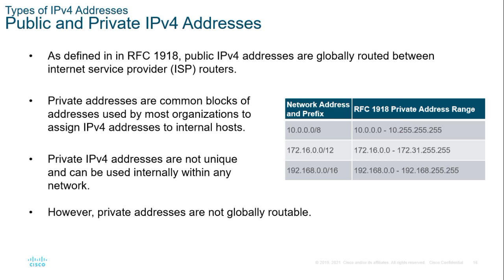Private addresses are common blocks of addresses used by most organizations to assign IP version 4 addresses to internal hosts. Private IP version 4 addresses are not unique and can be used internally within any network. It means they are only valid on their local area networks but not on the Internet. Private addresses are not globally routable. In the table, RFC 1918 defines the following address ranges as private: